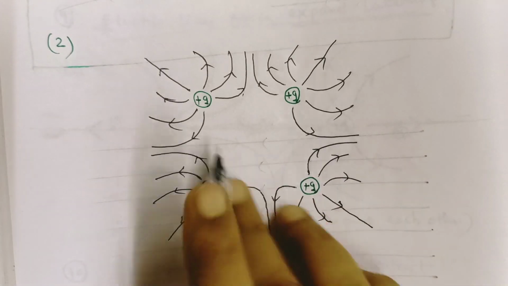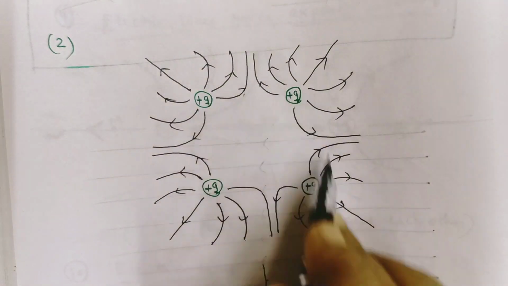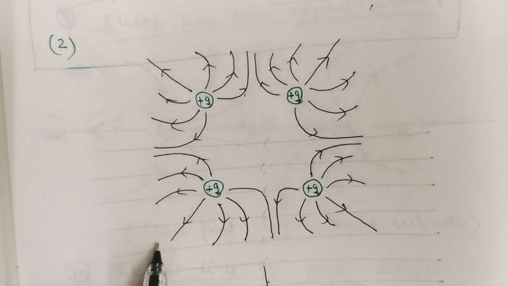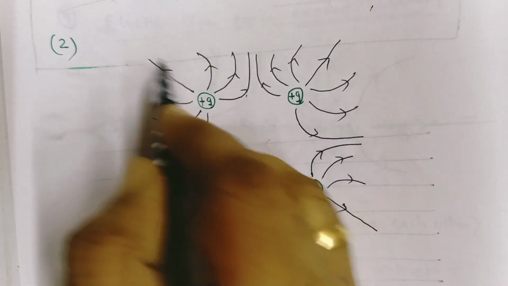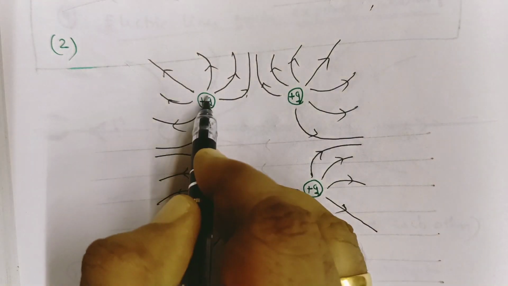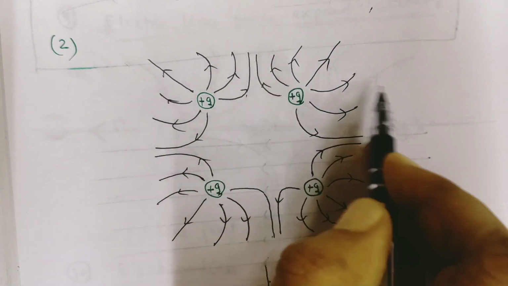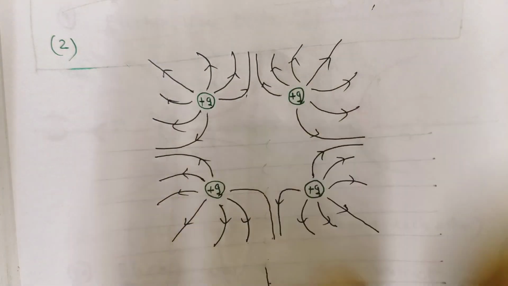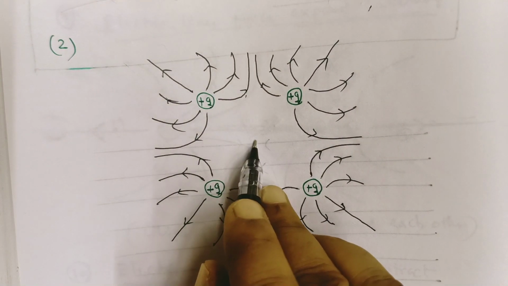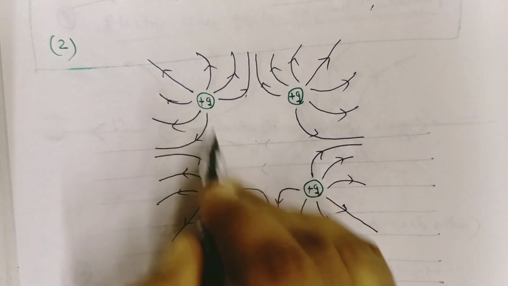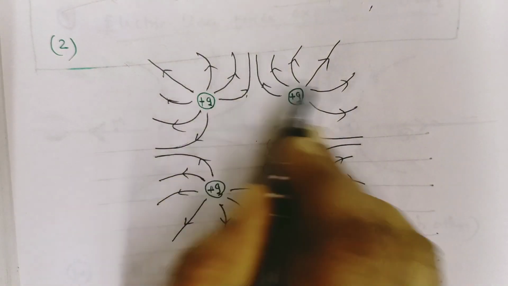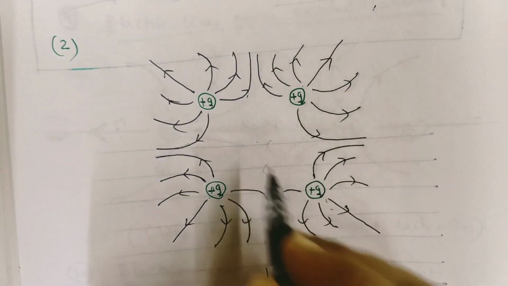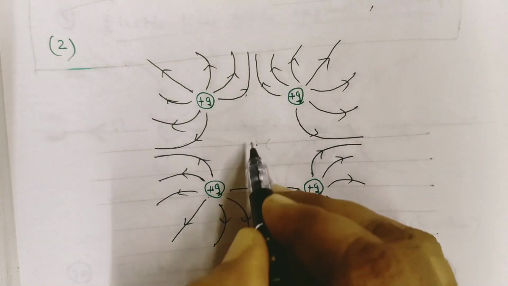Similarly, for positive charges situated at the vertices of a square, first you draw the straight lines. The straight lines are along the diagonals; 4 straight lines are there. Positive charge means diverging, the arrow mark going away from the charge. You see that no lines of force intersect each other. This is the region of 0 electric field, as the charges repel, and you can count the number of lines of force, as all the charges are the same. This is the region of 0 electric field, or neutral point.